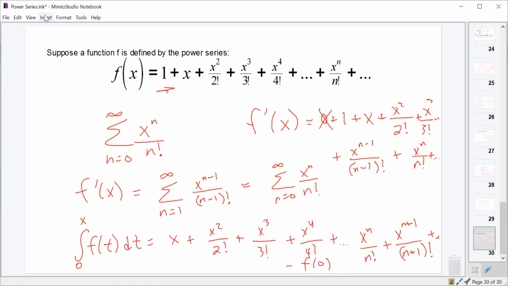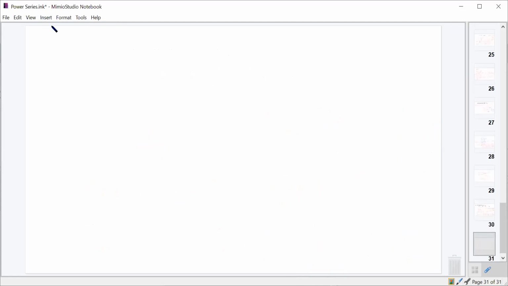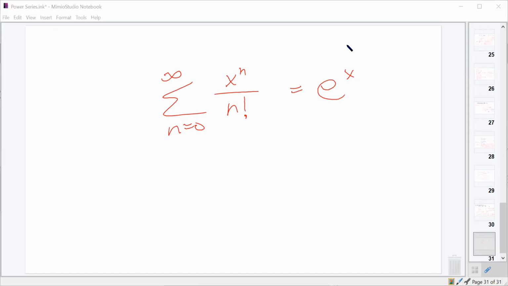So what do we think this function is? If its integral and its derivative end up being the same thing as it, what should the sum from n equals 0 to infinity of x to the n over n factorial become? Should be e to the x, right? Its derivative and its integral are itself. This series should represent the function e to the x. And